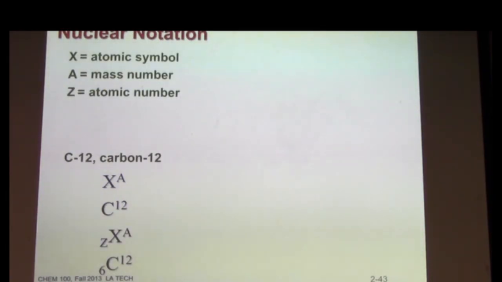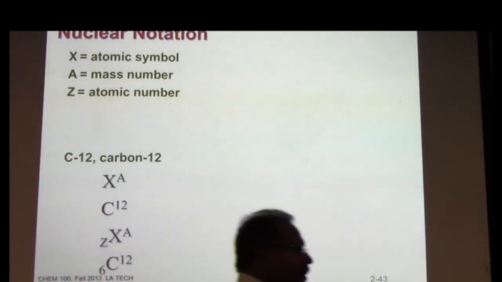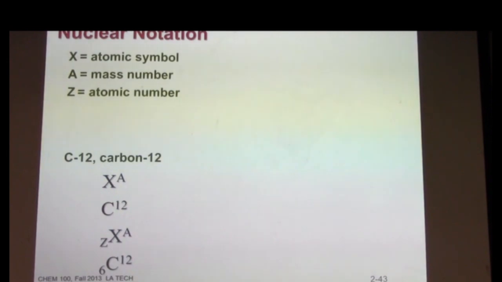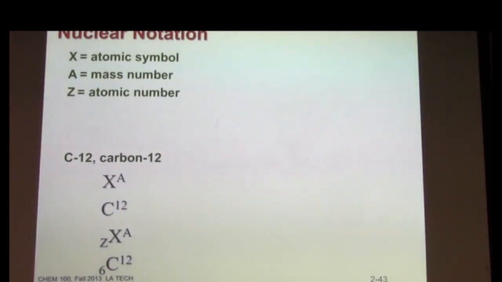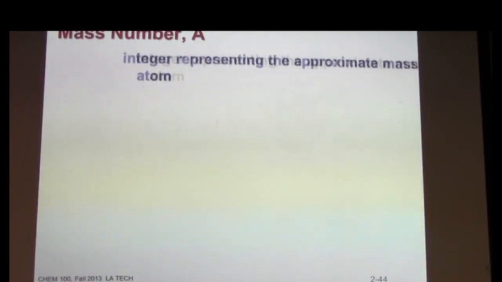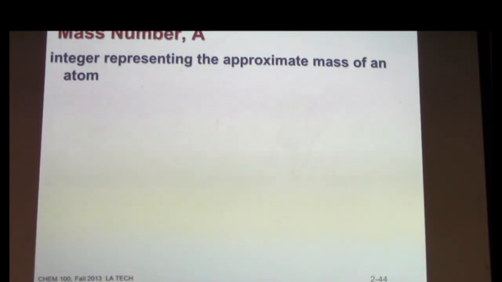That is the atomic symbol. For example, carbon has carbon 12, carbon 13, carbon 14, three isotopes. Carbon 14 is radioactive. Normally we write it this way because we cannot type in the same place. The integer represents the mass of the